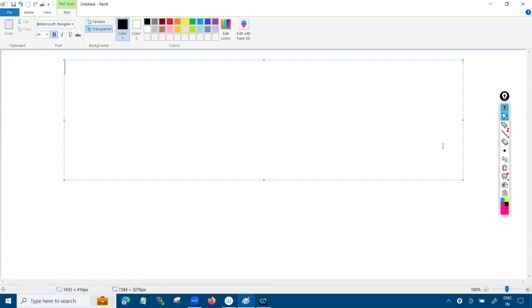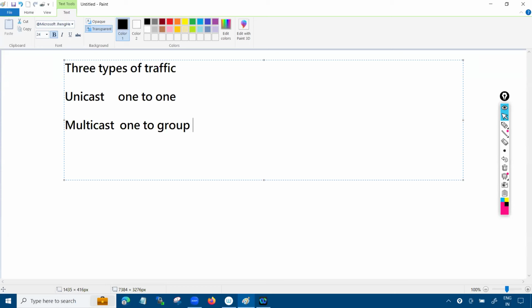If you remember, we have three types of traffic, right? One is called the unicast. In the unicast, what happens is called one-to-one communication, right? Then we have a multicast. It's called a one-to-group communication. A very good example of the multicast you can call a WhatsApp group. A WhatsApp group is a very good example,